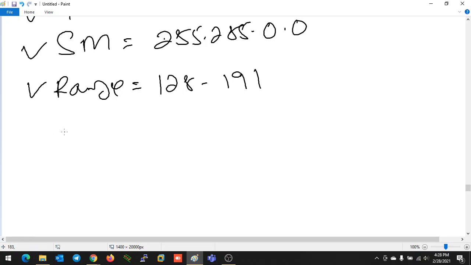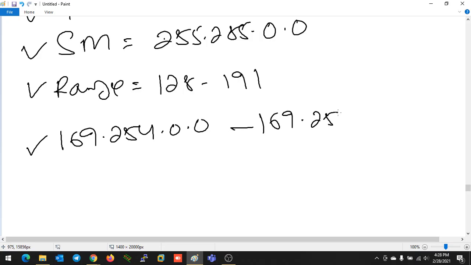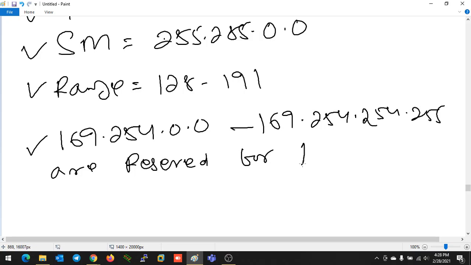So here also in class B, some reserved addresses are there. We have 169.254.0.0 to 169.254.255.255. Just check on the internet, they are reserved for APIPA.